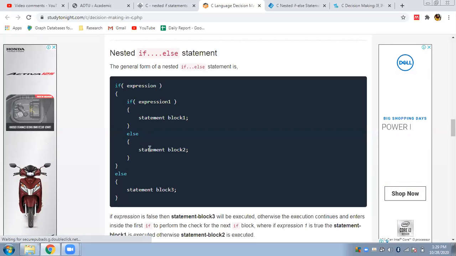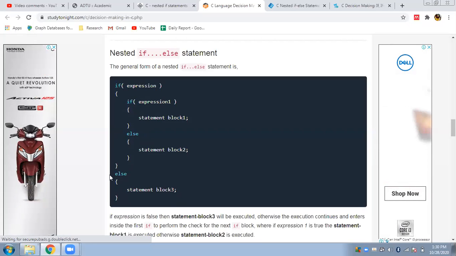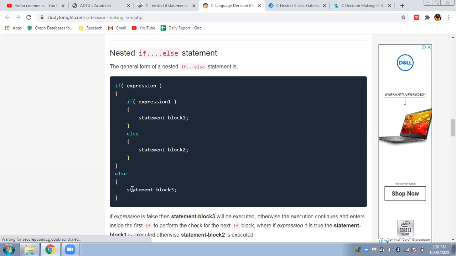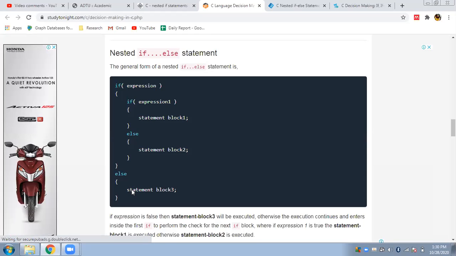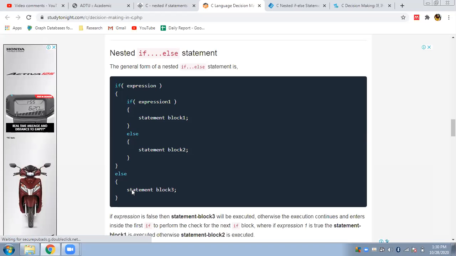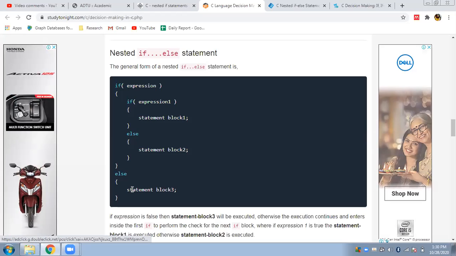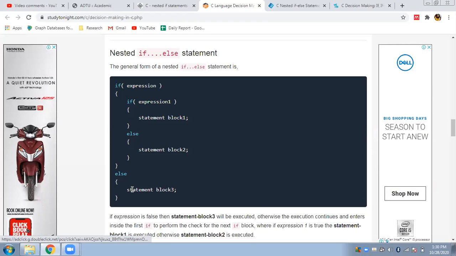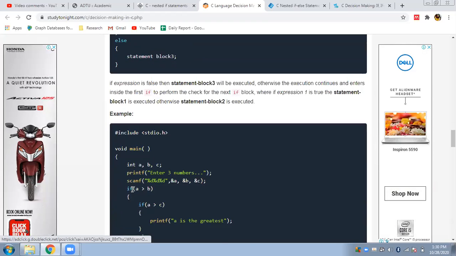If this condition is true, you will get inside the second block, else you will get inside the else block. Similarly, here we have only one statement block for the else, but it is possible to have an if else statement even in the else part, like this. It depends on the program's demand, how you are designing a program and what logic you are applying. There's no hard and fast rule that it must have a nested if else. However, the basic syntax of nested if else looks somewhat like this.